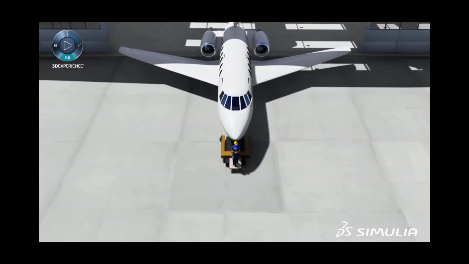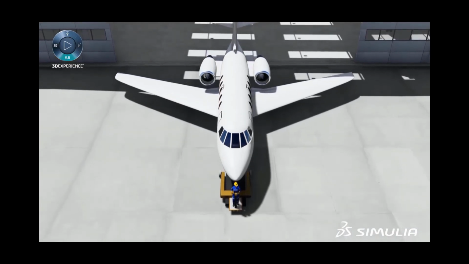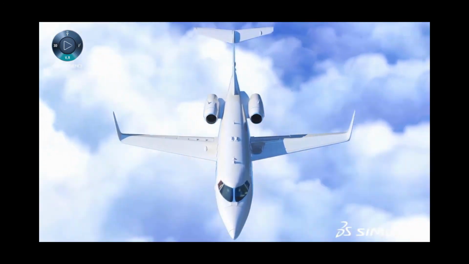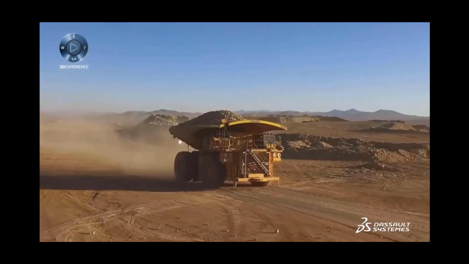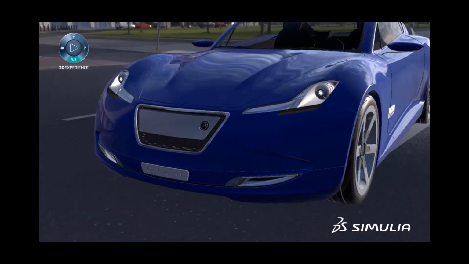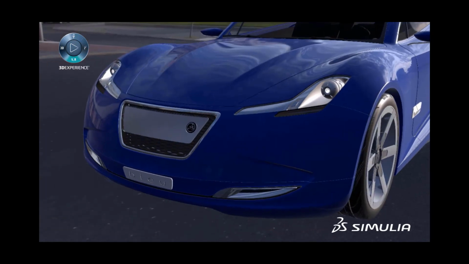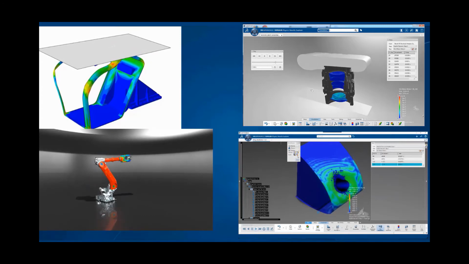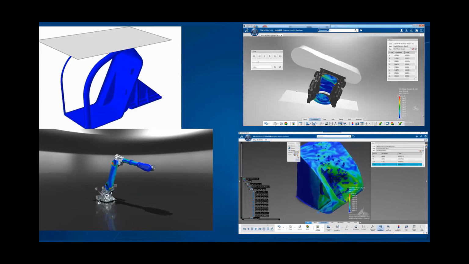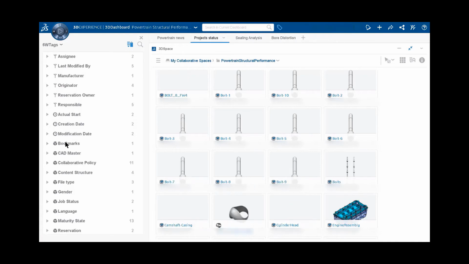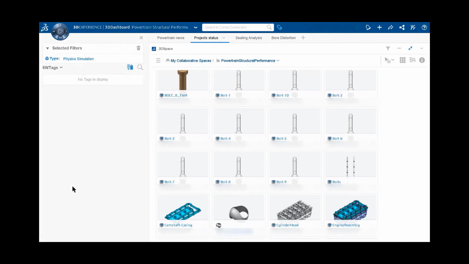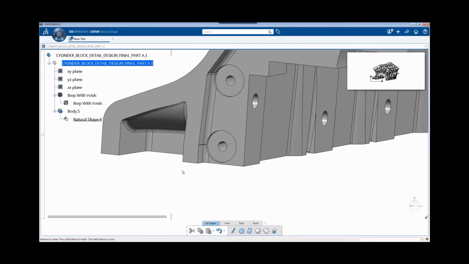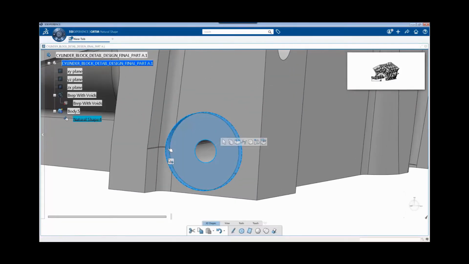No matter what product you design, one thing is always true. Physical testing is expensive and time-consuming. Anything you can do to improve efficiency and reduce late-phase design changes would be enormously beneficial to your product and your bottom line. Simulia's structural mechanics engineer role was created with these exact needs in mind. With the structural mechanics engineer role, users are able to locate and clean up design data with best-in-class geometry preparation tools without data transfers or emails,